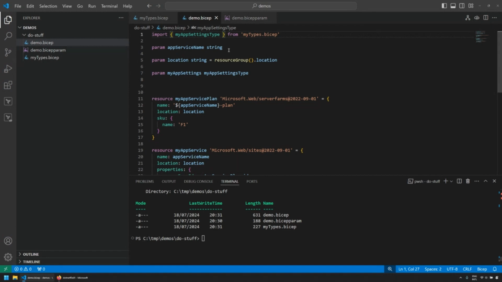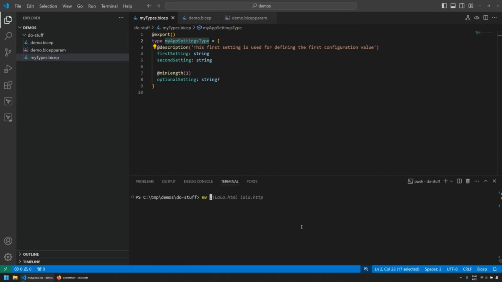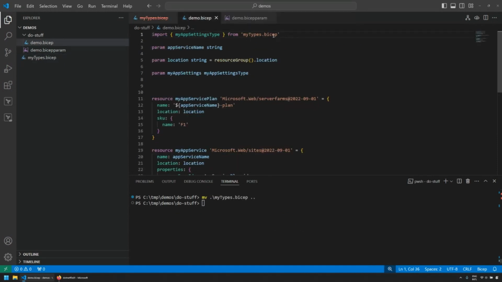But if you're creating types that you want to reuse across multiple files or even multiple infrastructures, because there is nothing keeping you from moving this, for example, to another directory, and then including it from there. So you can make a general directory or a general location on your server and reference that as well. So those are user-defined types and how you can use them to create your own types, preventing the anonymous object.